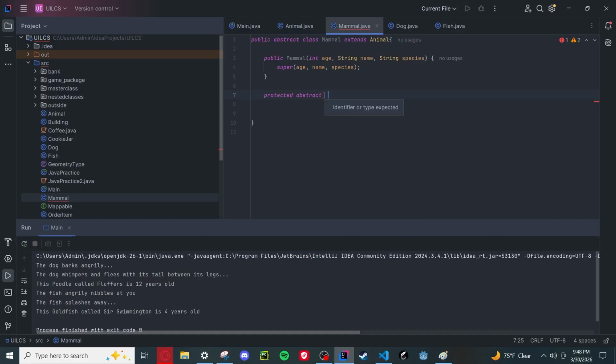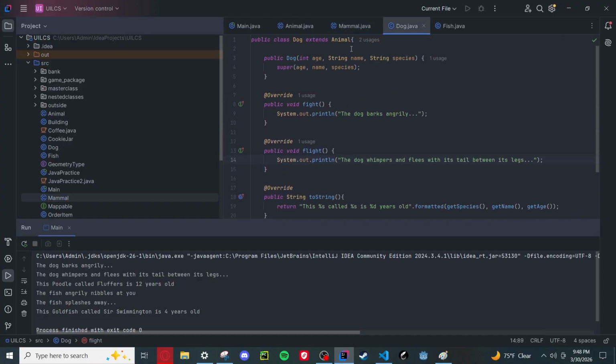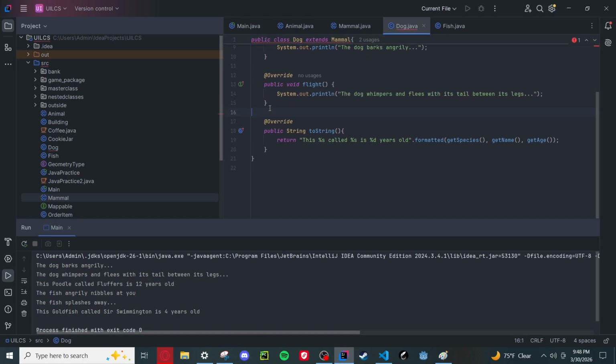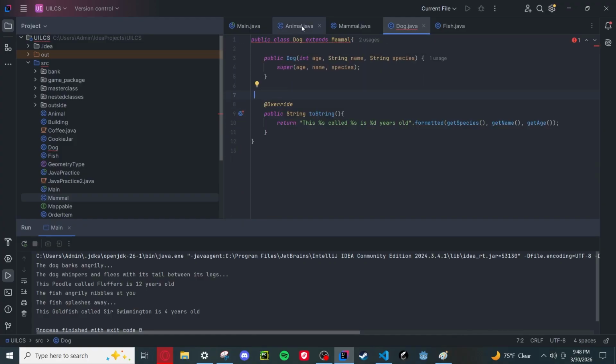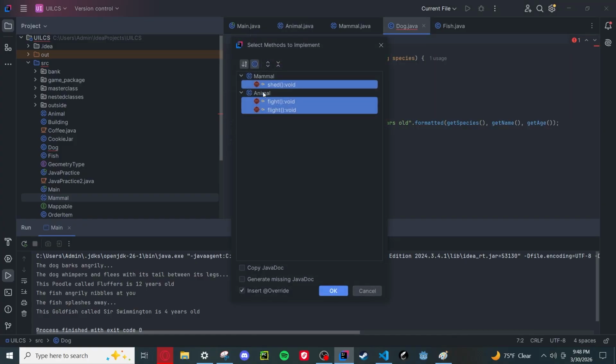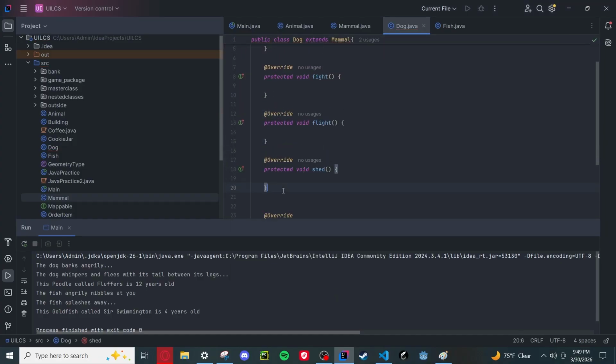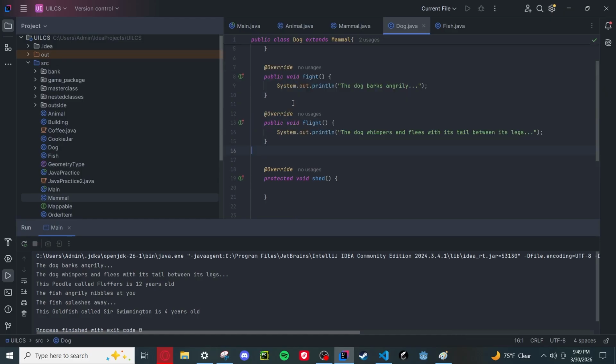Let's create a protected abstract method called shed, because mammals have hair, so they need to shed. And this will return void. And so here when we look at dog, instead of extending animal, we shall extend mammal. And then let's say we didn't have these methods, so I'll just copy them out for a second. So you'll see when I hit implement methods, I have to implement the mammal's and the animal's methods. So here I can implement them all, and we already have stuff for this, so I'll just print it out like this. And then here I'll just say the dog sheds hair. So now if we go over here,